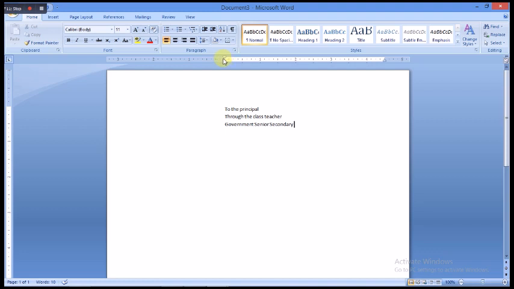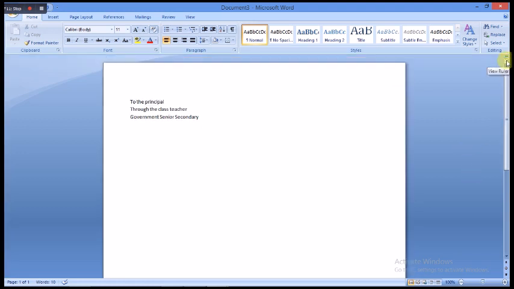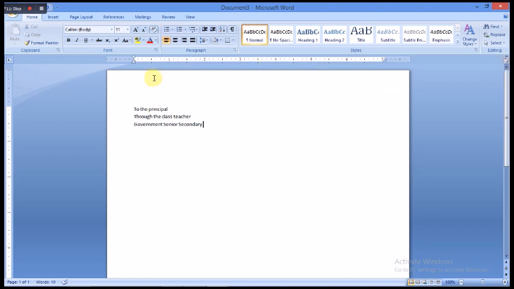If you don't want to see the ruler, then we can click out here and it won't appear. Now this one is called the vertical ruler. Next is the horizontal ruler, meaning from which portion we want to start our page. If you want to start at the extreme top, it will be available, and whenever you want, you can start out here. As per your settings, you can give the ruler out here.